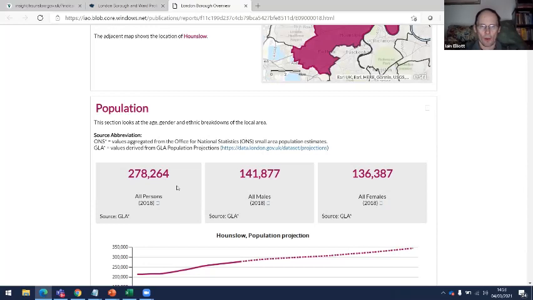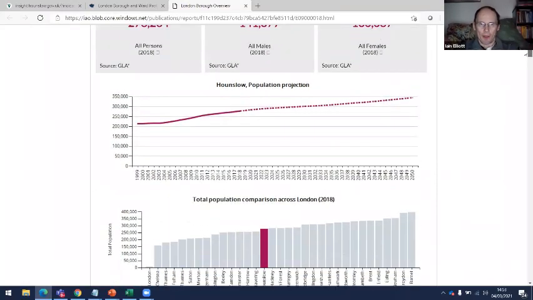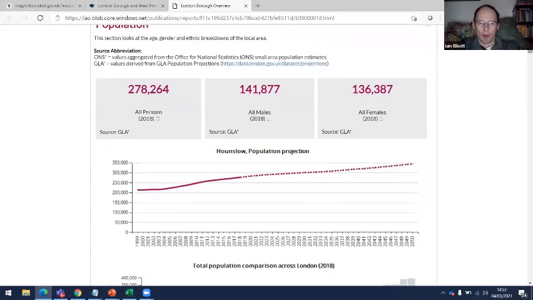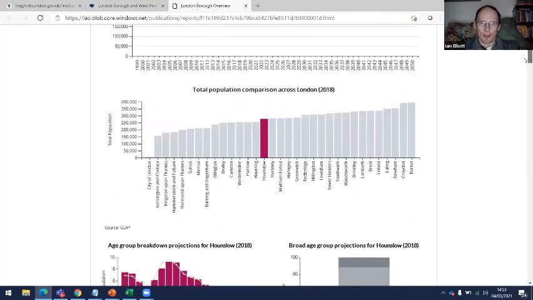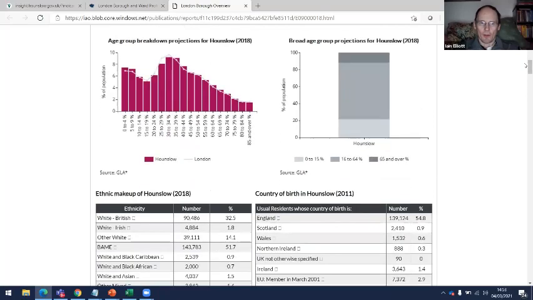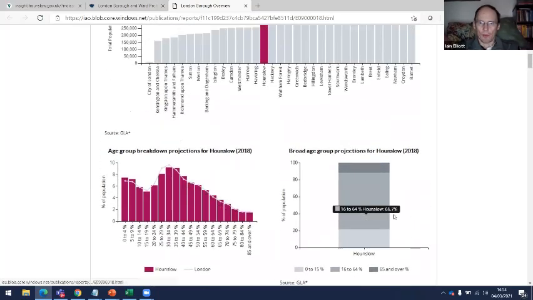So obviously you might need a population estimate between the censuses. And it gives you things like population projection. So you can see the population of Hounslow is projected to go up. So that means certain issues like overcrowding are going to go away. Things like comparison of population with other London boroughs, breakdown of the age groups,